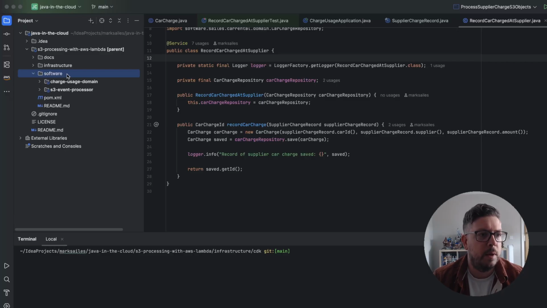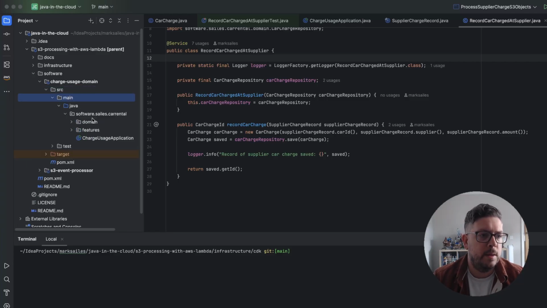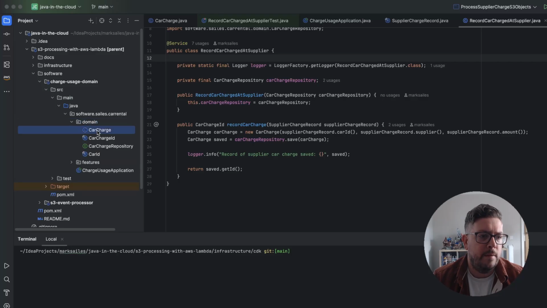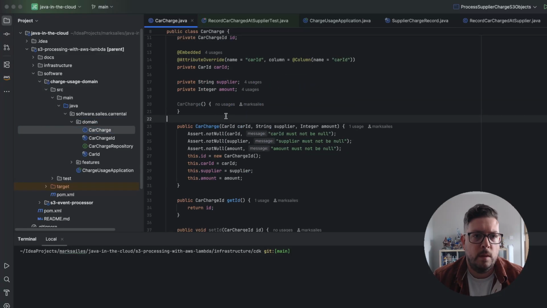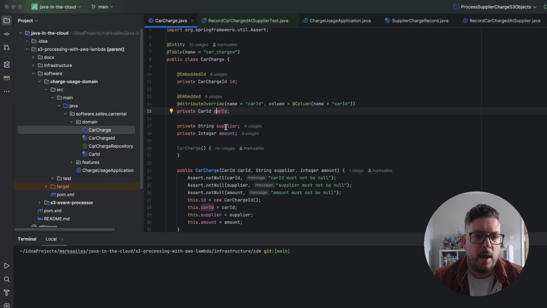Let's start by looking through the application code. I've got two projects. One is the core application domain, and then the next one is how I use that domain with a Lambda function. So the domain is very simple. I have a class that represents the record in the database. So in this case, I've got a unique identifier for each row. I have an identifier for the car. I have a string for the supplier, and I have an amount of charge that has been given to that